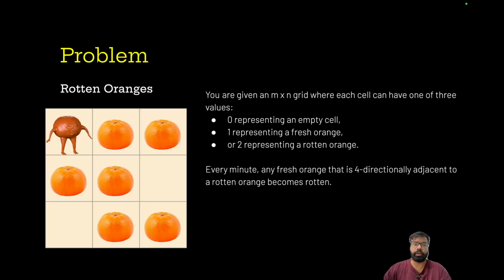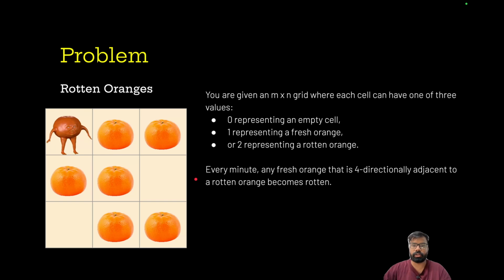In this lecture, we are going to solve this problem called rotten oranges. So we will be given an m cross n matrix, and there will be three different types of elements in this matrix: rotten oranges, fresh oranges, or blank spaces. The rotten oranges will be represented by number 2. The fresh oranges are represented by number 1, and the empty spaces will be 0. These cells will be given in the form of a 2D list or a 2D array,